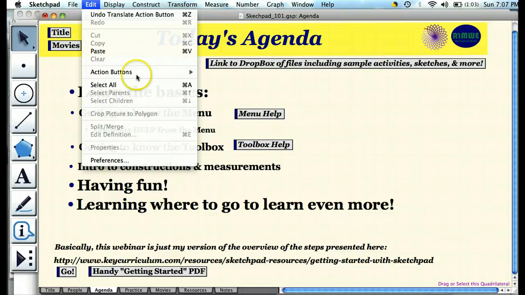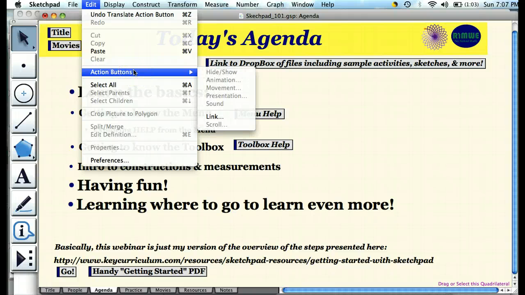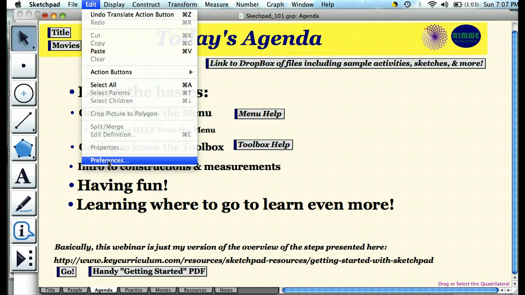The other thing is action buttons are what I have used throughout this particular sketch to do things like hiding and showing stuff and linking stuff. They can also be used, as you see here, to create animation, movement, sound, scrolling, lots and lots of advanced features. And then lastly, here under Edit, your preferences are one of the first things that I tell my students about,